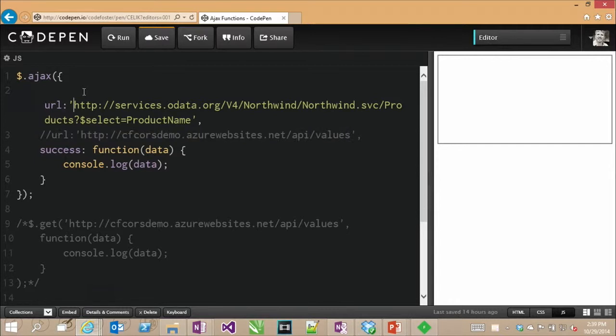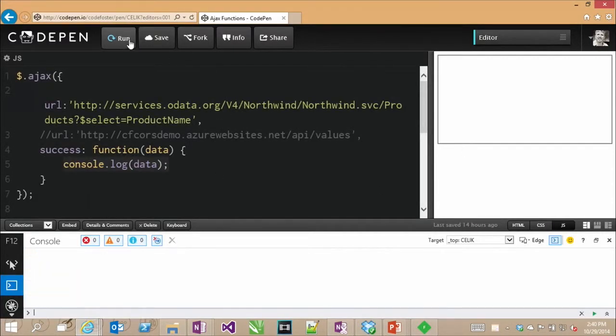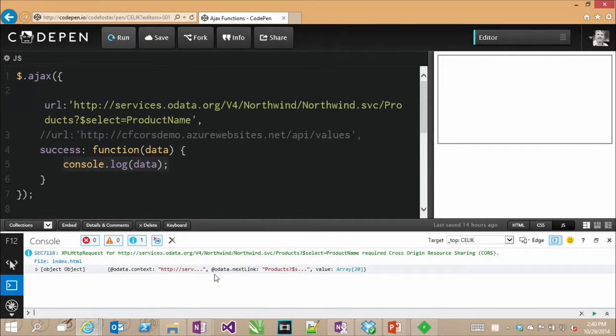And look at this. I got this super awesome service that brings back JSON. I've got my success. I'm ready to console log my data once it comes back. I'm set. I'm going to save it. I'm going to run it. Nothing. Oh, no. I got nothing. Let's go look at my console and see what's going on here. Let's clear it, run it again, and it says,